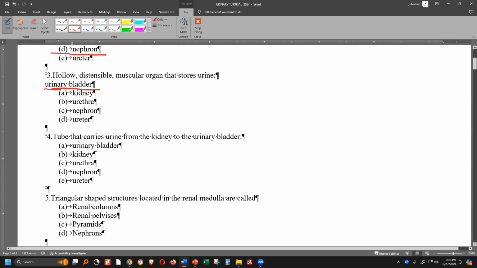Tube that carries urine from the kidney to the bladder, of course, is the ureter. Triangular shaped structure located in the renal medulla